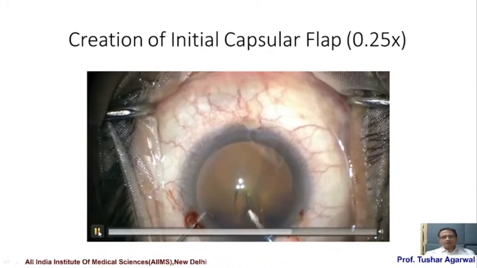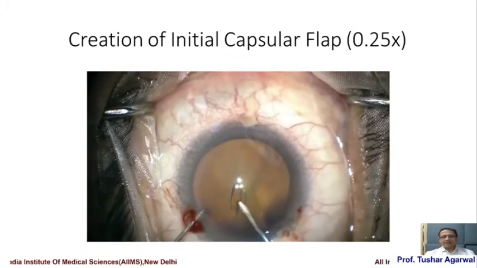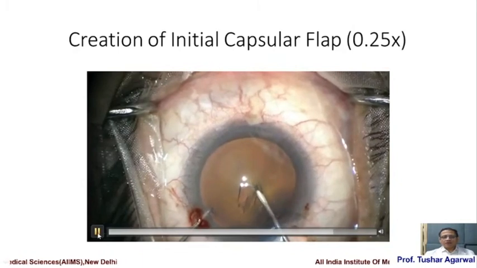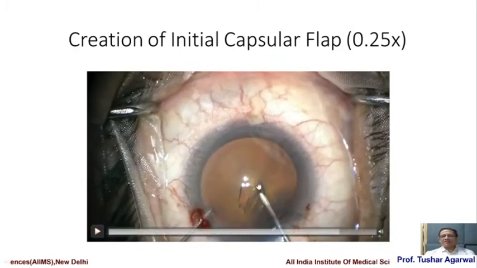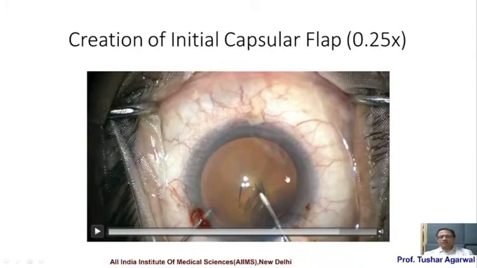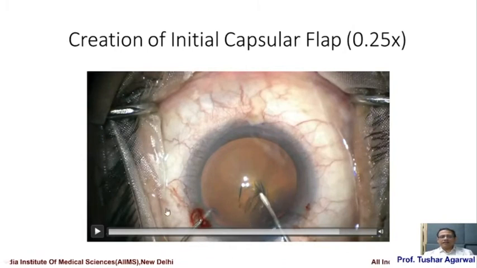And then there is a 4th movement. You go back to the cut edge from where you started and give a pull here also. So what you create is a relaxing tear. This relaxing tear is important while you're doing rexis, because if it is not there, the rexis will tend to pivot around this untorn edge and become smaller and smaller as you progress along the rexis. So you have 4 movements: the initial nick, the cut, the pull to create the tear, and a relaxing tear.